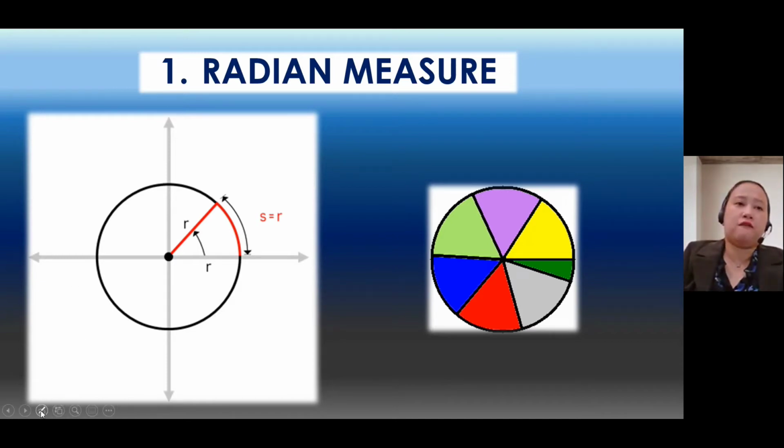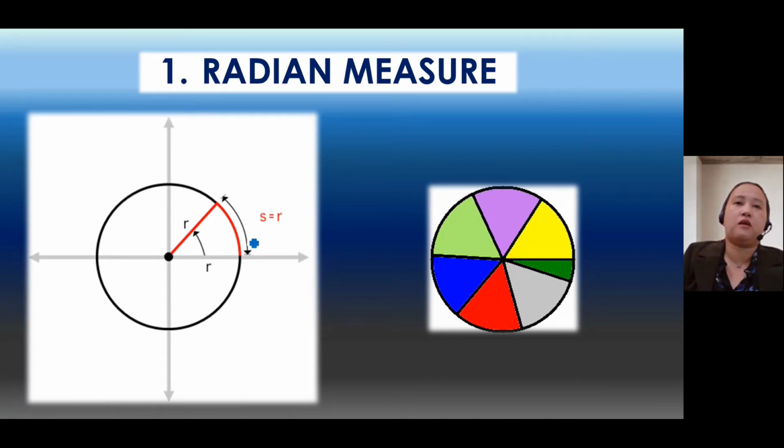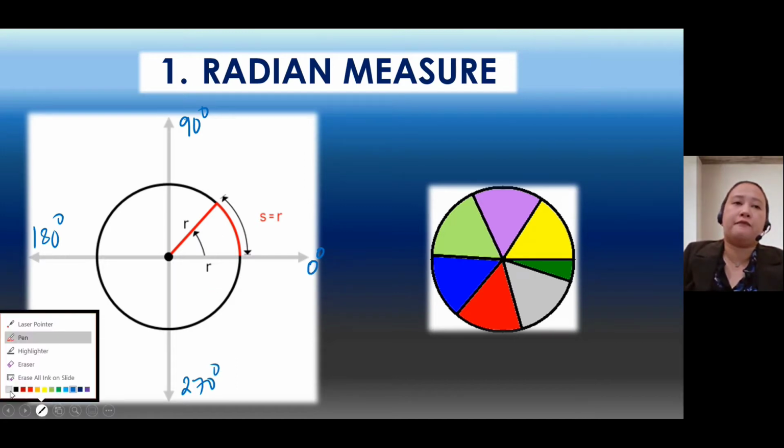If you can still remember when we discussed the degree, for example, if this is our circle, this is 0 degrees, this is 90 degrees, this is 180 degrees, this is 270 degrees, and with a full revolution,